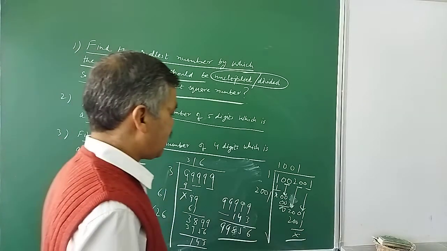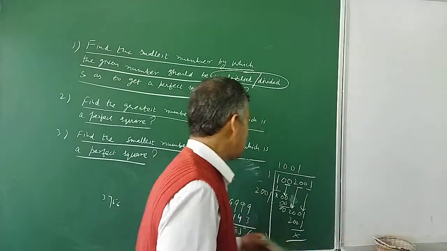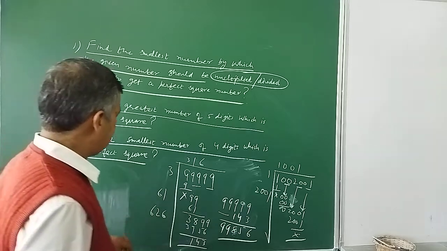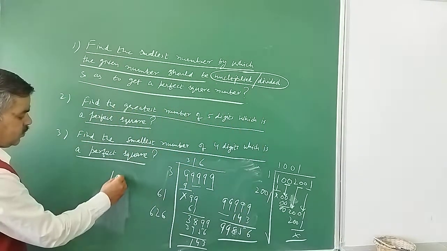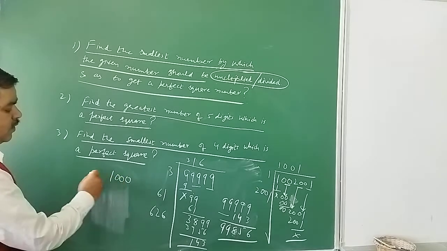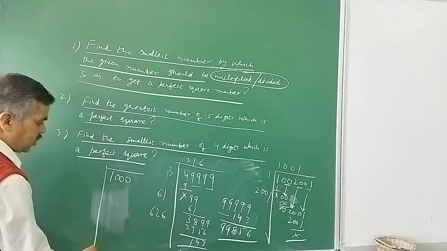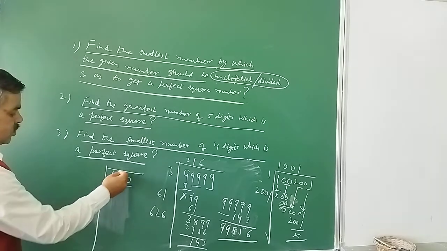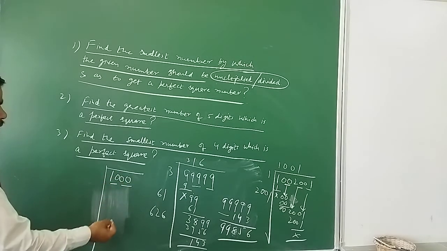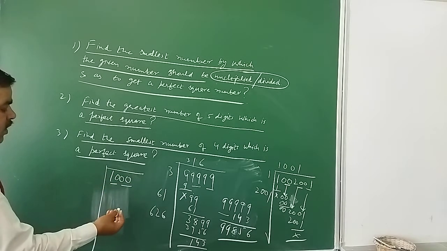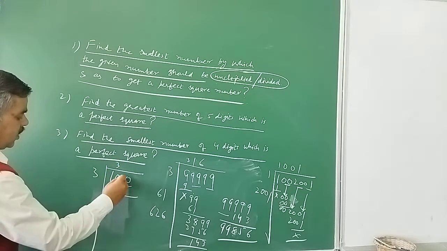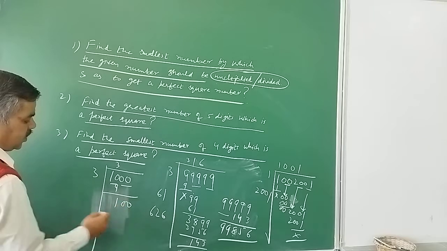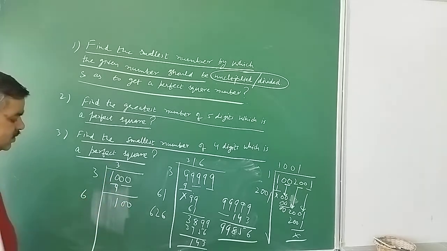Now if we are speaking of the smallest number of 4 digits, I will write the smallest number of 4 digits, 1000. Again you start making the pair here. So 10 is there: 2 2s are 4, 3 3s are 9, 4 4s are 16, so 3 3s are 9. So 10 minus 9 is 1 and here it is 100. Double of 3 is 6.